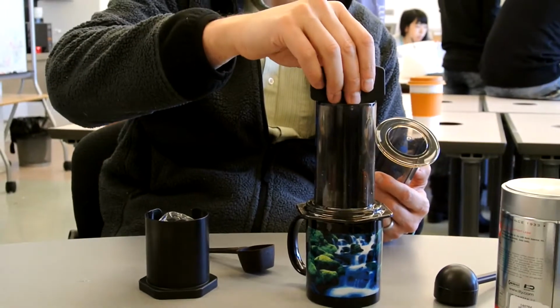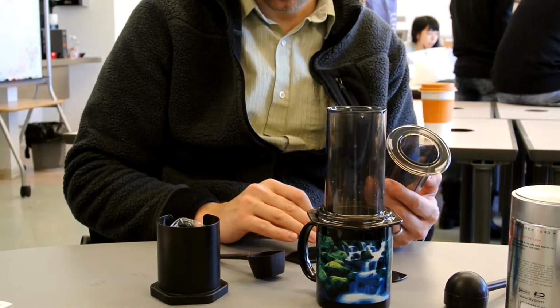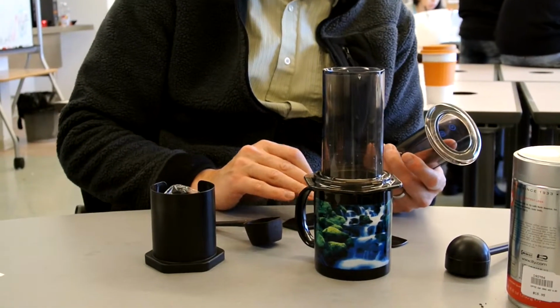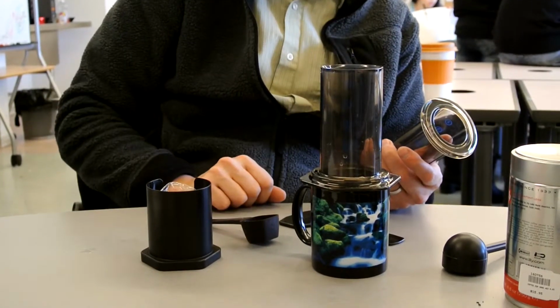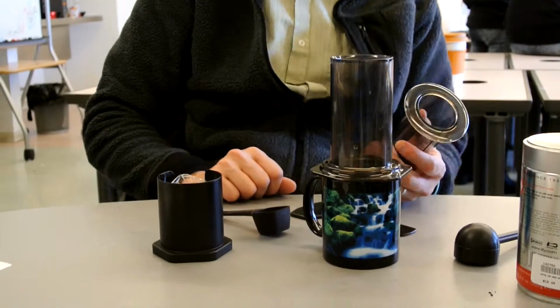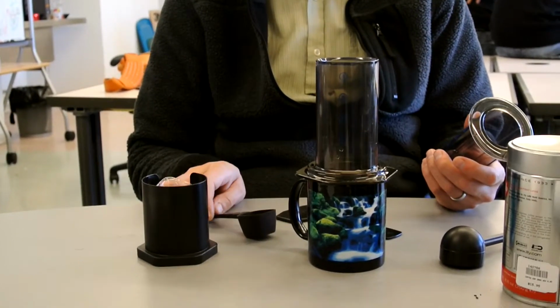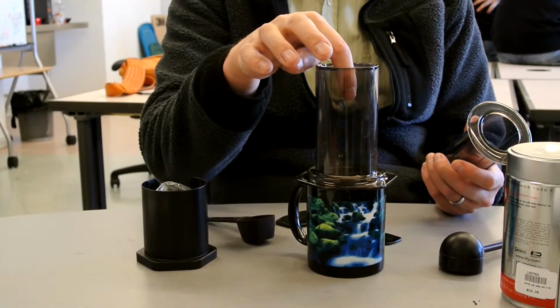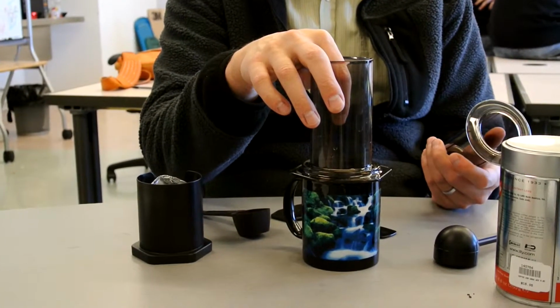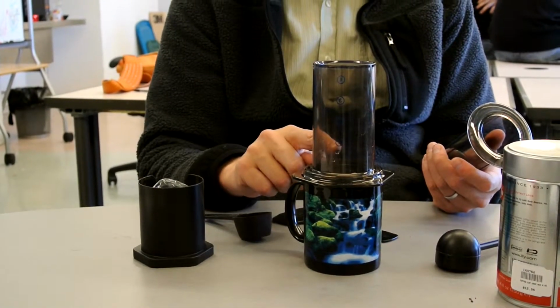I guess that's what I think it's for, the actual coffee grounds. Somehow, you determine the appropriate mix of coffee to water, that ratio. So I guess what you do is you put the coffee in first, and the grounds in first, and then,